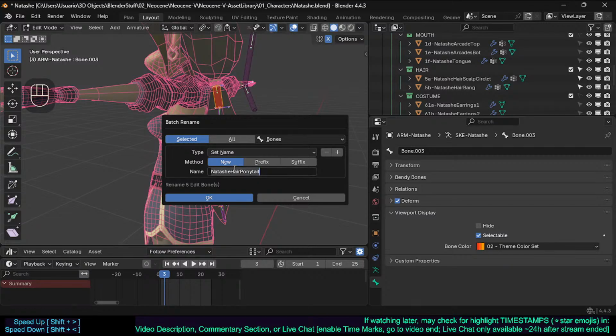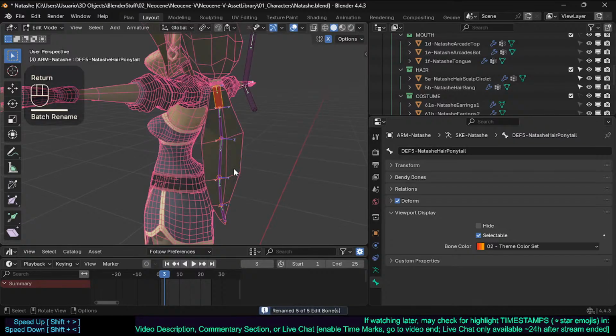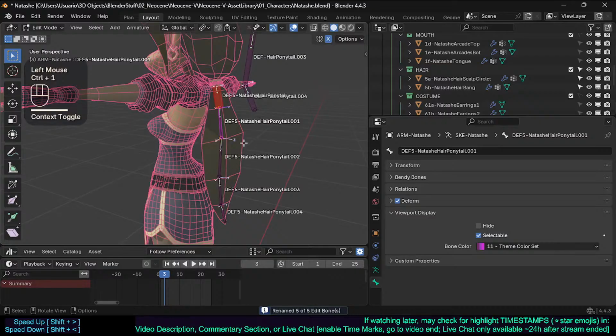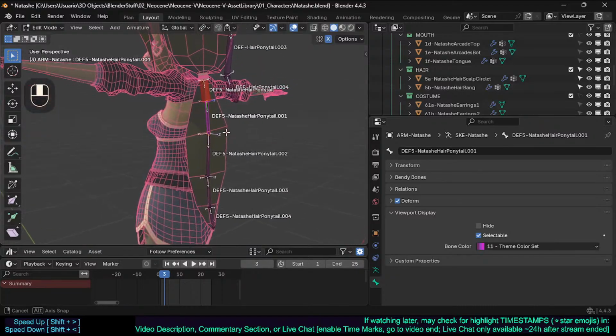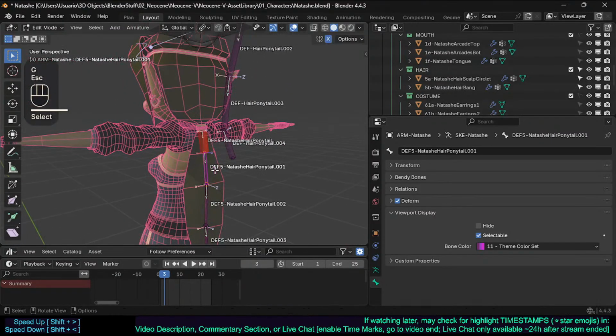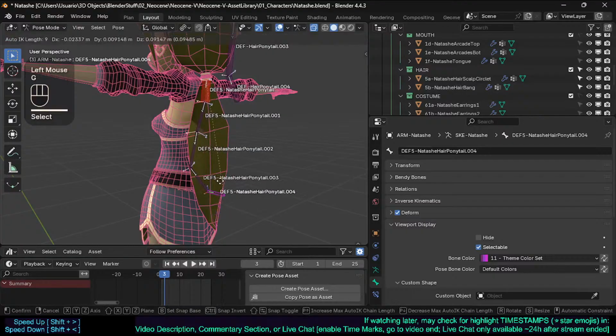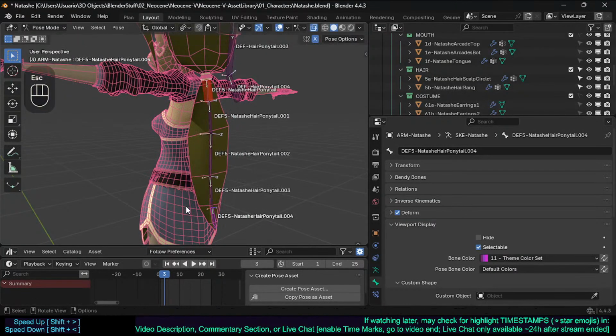We need, usually this will be deform bone, def. No, these could be physics bones or helper bones. I'm not sure right now, but def for here, def 5. Yes, this is the code. Control 1 for the names. They are all correct because we leave the parenting connected here. And see, we can already use this, but